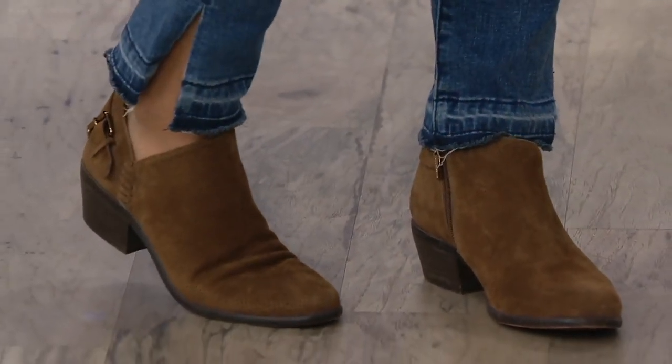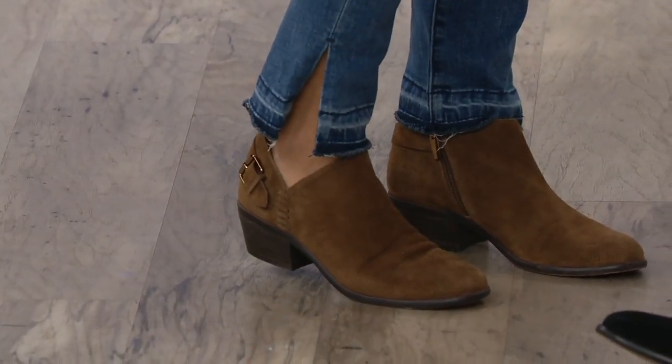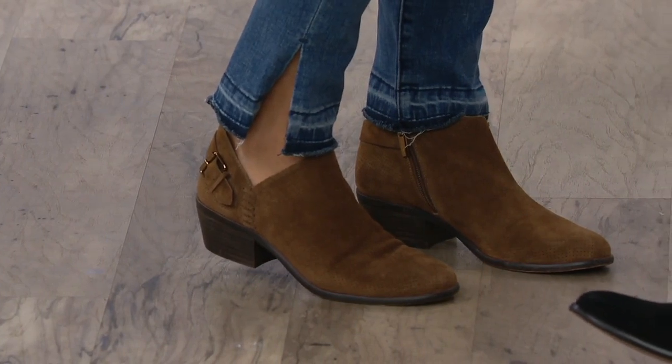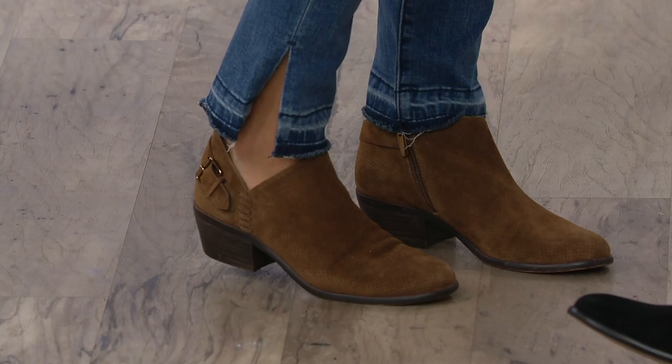I am wearing true to size. I'm a 9. Like 8.5, 9 typically. The 9 is what's back there. It fits me perfectly. These are very true to size. Yep, I'm a 7. I'm always in a 7. It is rare for us to be not